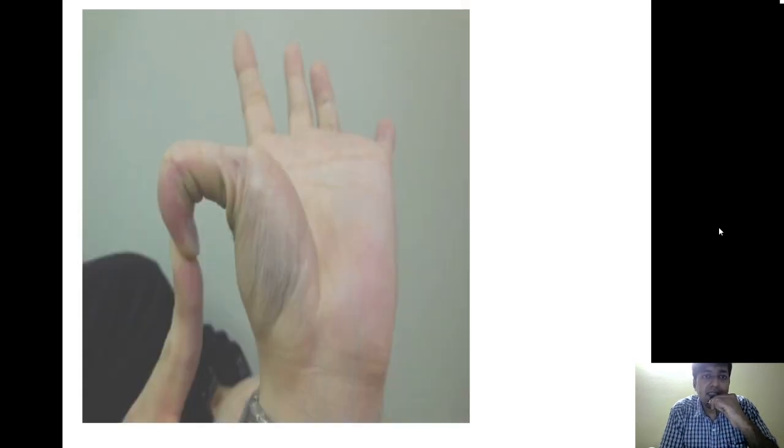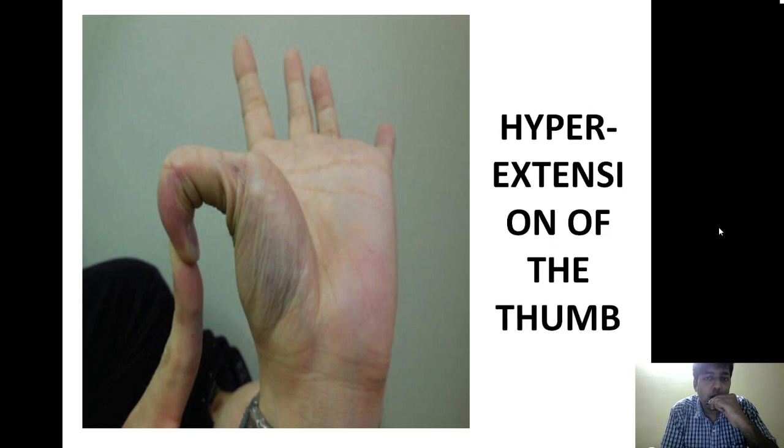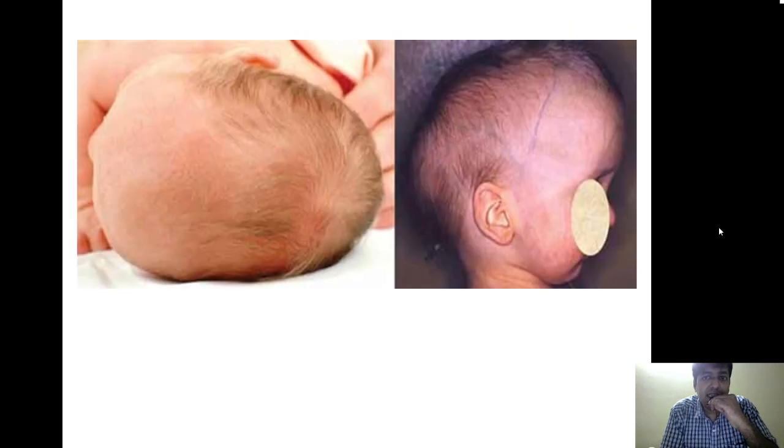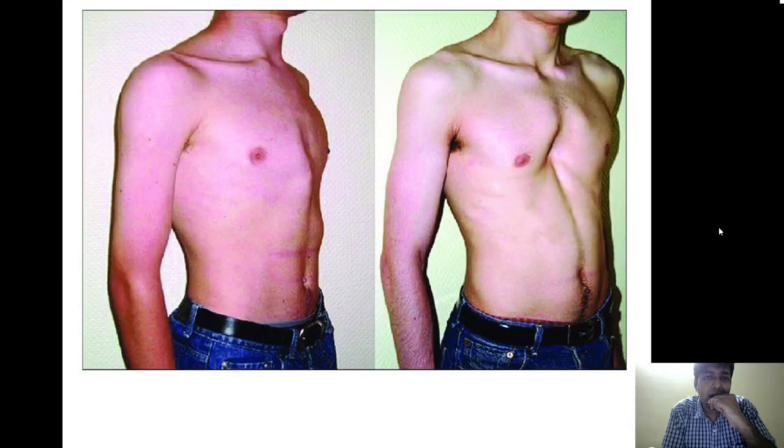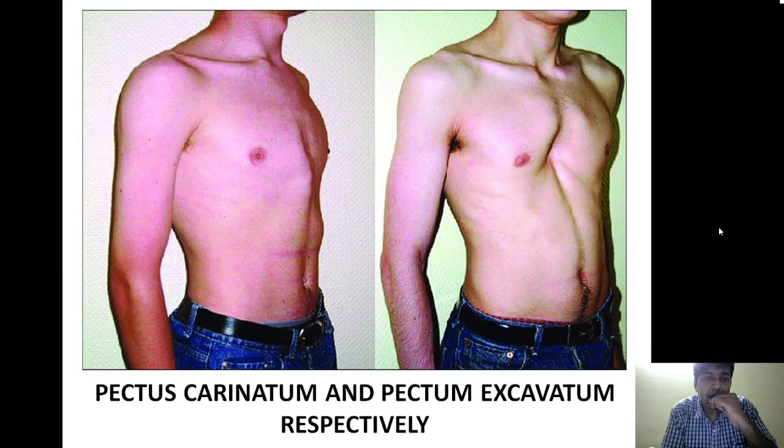Okay, this is the second thing. See, there is a hyperextension of one of the thumbs. Okay, there is a hyperextension of the thumb. The third thing, they are long-headed. This is dolichocephaly, long-headed child. Okay, this is dolichocephaly. And the last important thing, on the left-hand side that we see is called as pectus